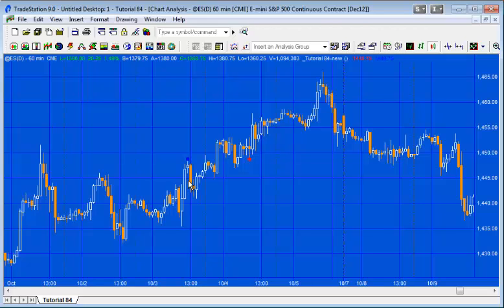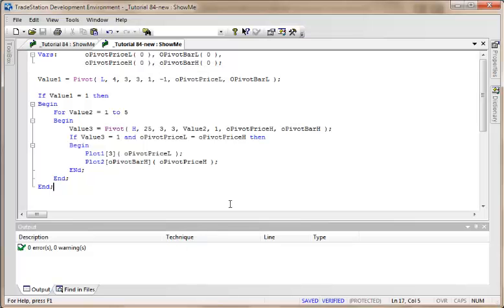For example, we might want to draw a line between these two pivots. So I'm going to modify the program now to do that. So in this plot, what I'm going to do is draw a line between the low pivot and the high pivot that are indicated by the show me dot. And it's pretty straightforward to do. What we're going to do is just add another statement here,